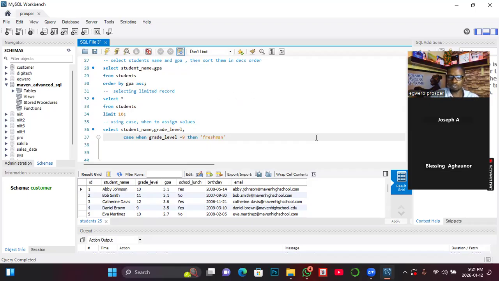All right. Then you don't need to put a comma. You go to the next line. You can see it is indenting. So you can use your tab to make sure that all the when are on the same level. So when, to take another class now, when the same grade level is equals to, let's say, 10, what class should they be? Then I want to assign